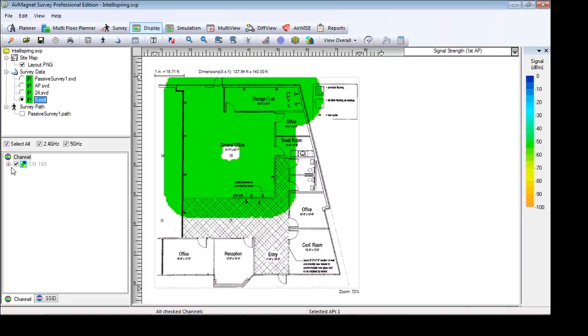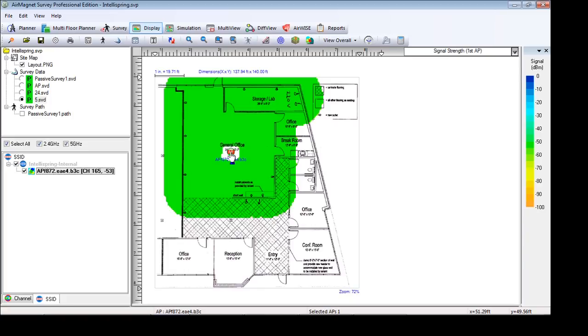So the next step that you want to do is expand the channel or the SSID, doesn't really matter which one, and you will see that you should be left with just the one access point. If you were doing 10 access points in this building, then at this point you should have 10 access points in this filtered list. What you're going to do next is drag the access point, drop it where it's actually